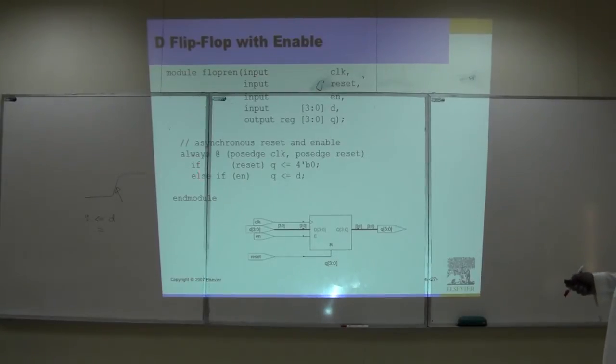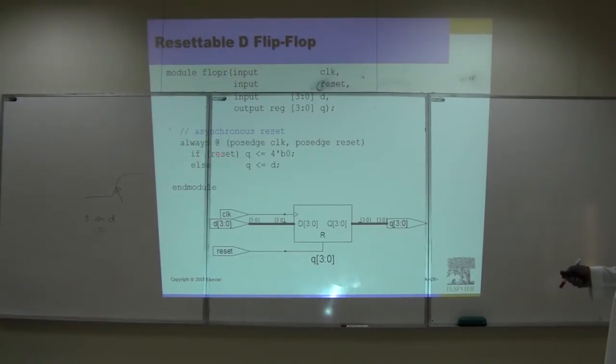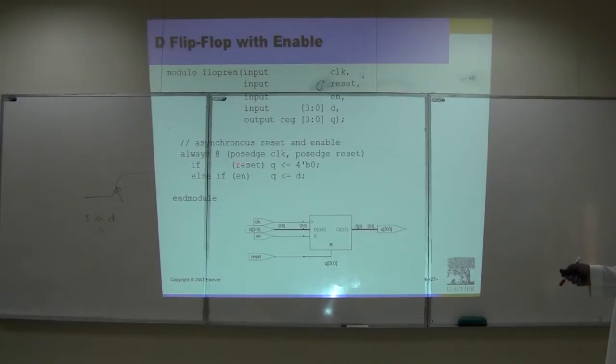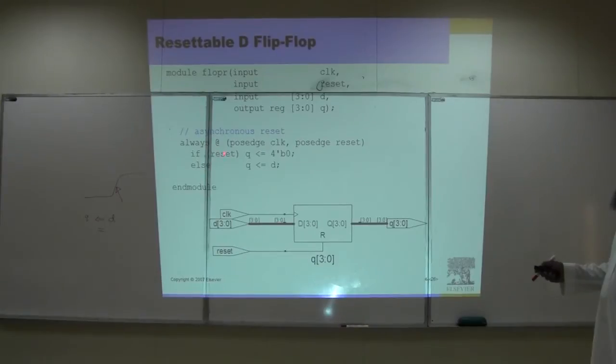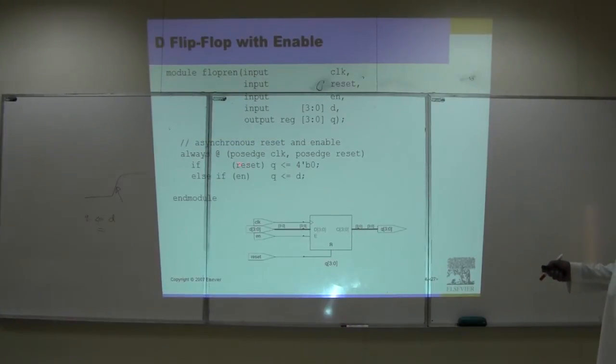Okay. Else, see here. If something, else something. Now here we have two if. If something, else if something. Here you can see if reset is true, you will do this thing. But if the reset is false, the next line will execute, right? But here you can see if reset is true, then you must make it 0. But if reset is not true, say there is no edge for reset,